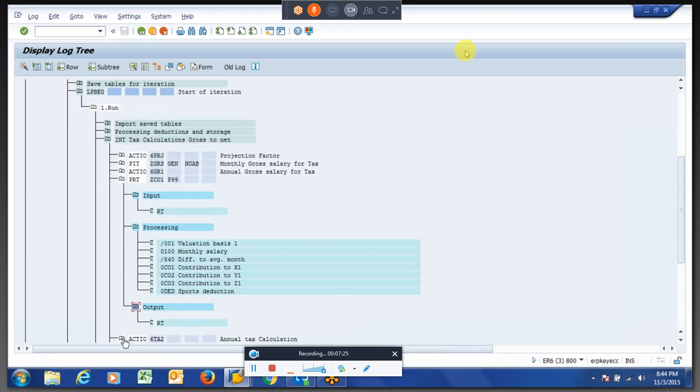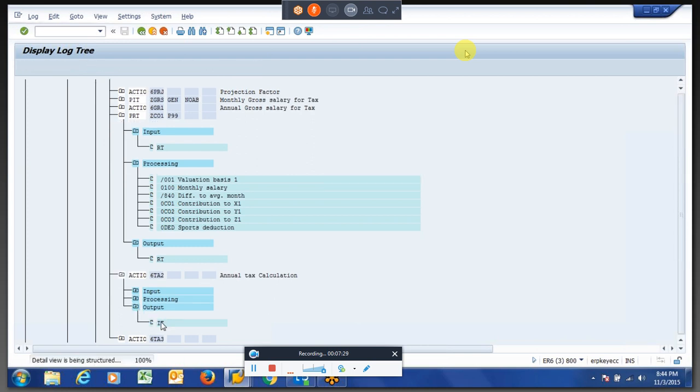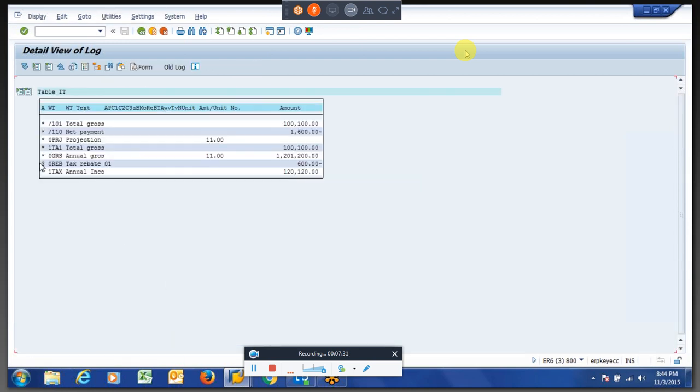So in the IT table, we are telling it to store. If you see the IT table, the only wage type it is holding is with 3, the remaining will go to star.